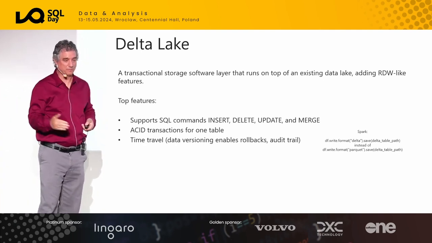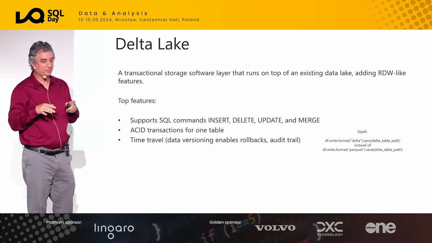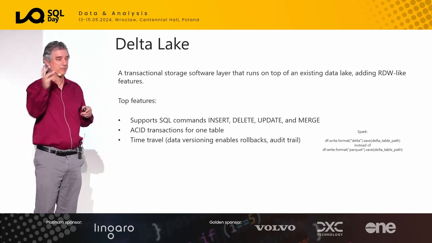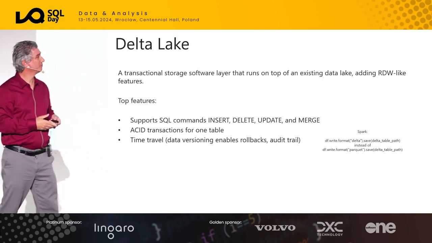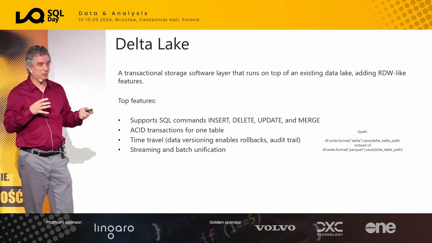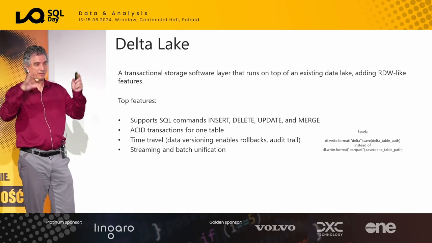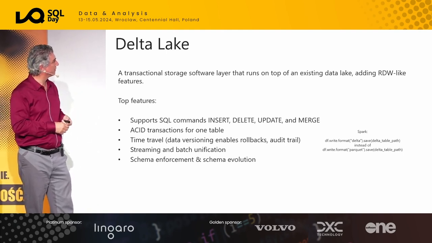You can use that for rollback and auditing, or you can say in a select statement, here's the select statement as of a particular date in the past, and it'll give you the older data on that, which is a really cool feature. And then it was a great place to do both streaming and batch. So instead of having completely different environments to do both, you could do all of that with Delta Lake.